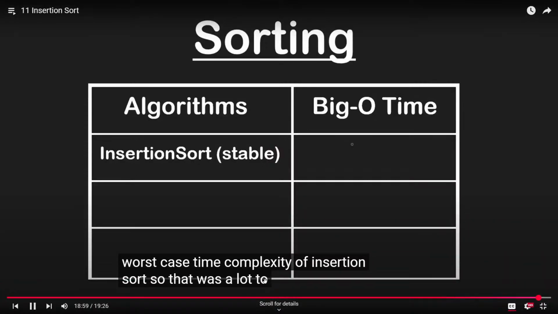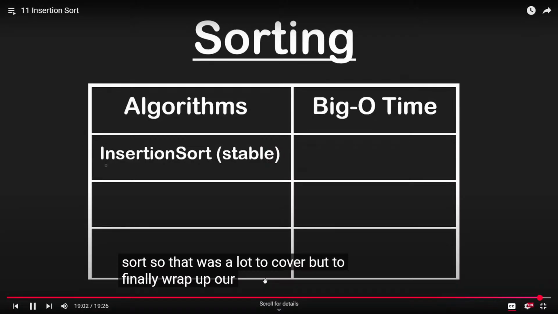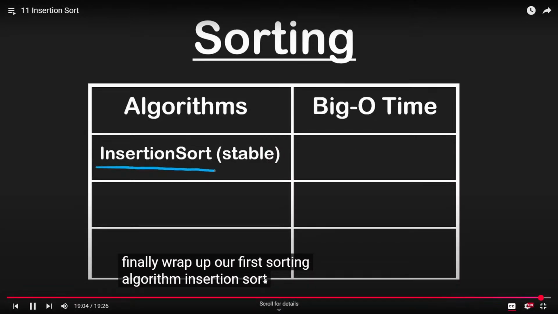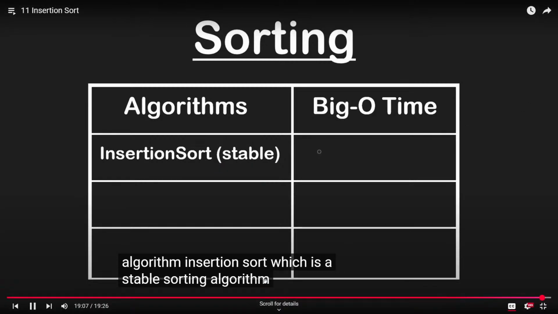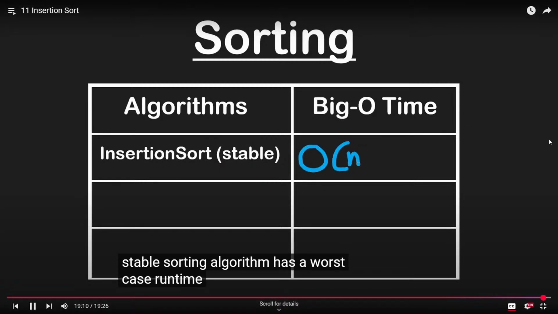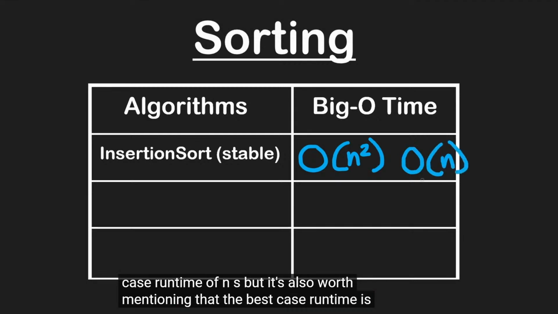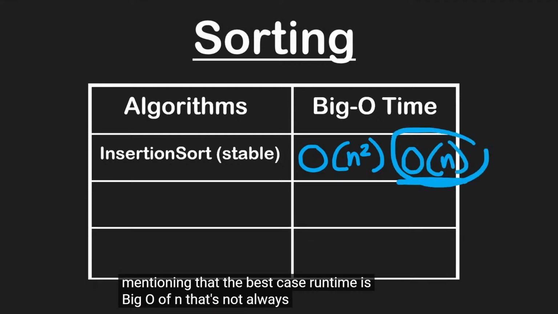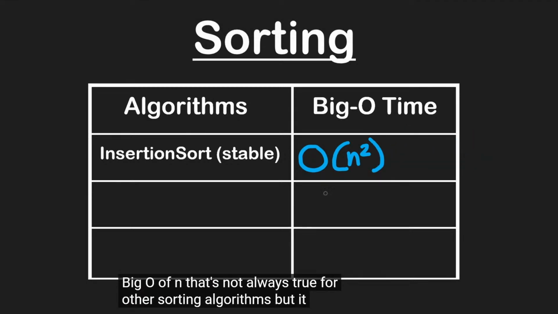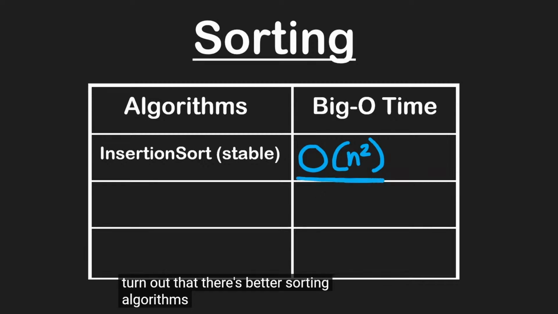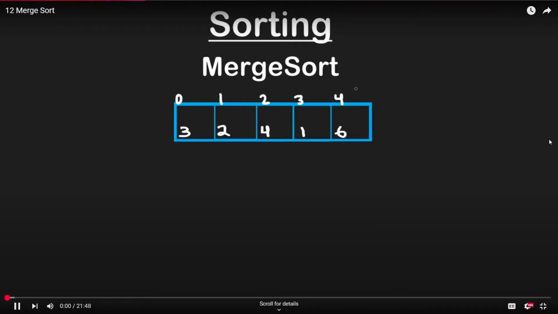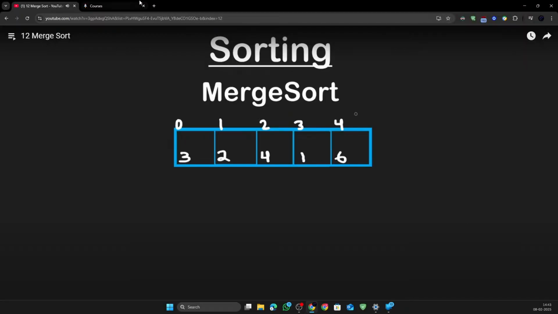So that was a lot to cover, but to finally wrap up, our first sorting algorithm, insertion sort, which is a stable sorting algorithm, has a worst case runtime of n squared. But it's also worth mentioning that the best case runtime is big O of n. That's not always true for other sorting algorithms, but it does turn out that there are better sorting algorithms than n squared worst time complexity. Merge sort is one of the most common sorting